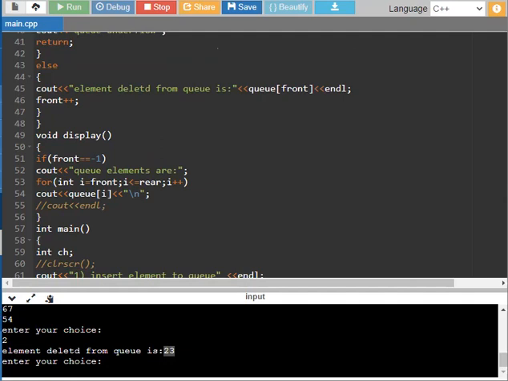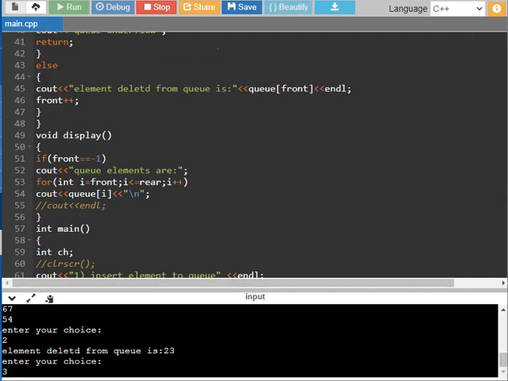So when I want to pop the element, the front element will be deleted. So this operation is called first in, first out.